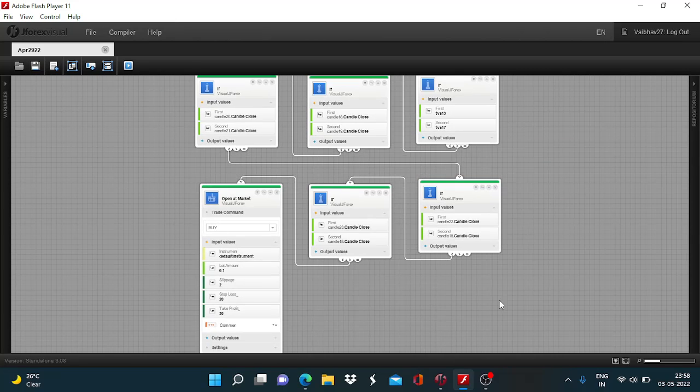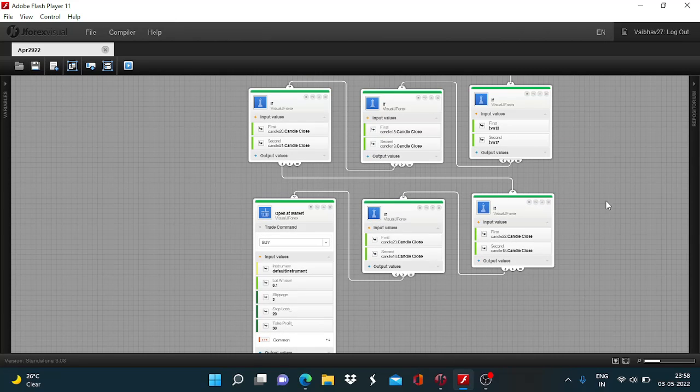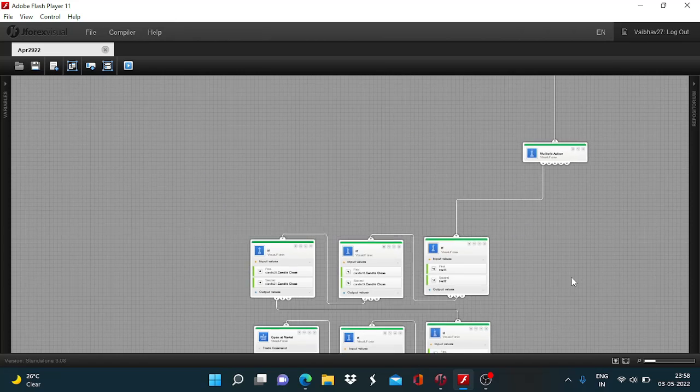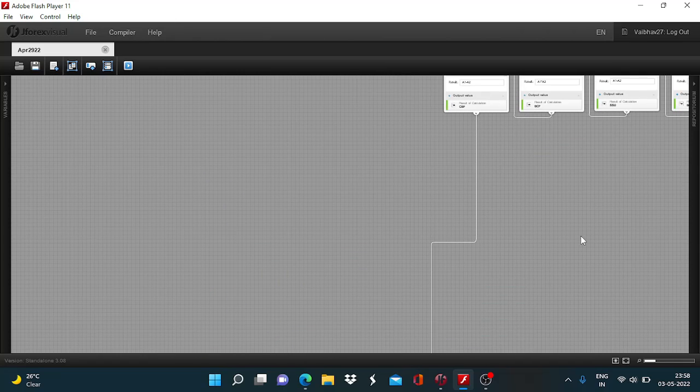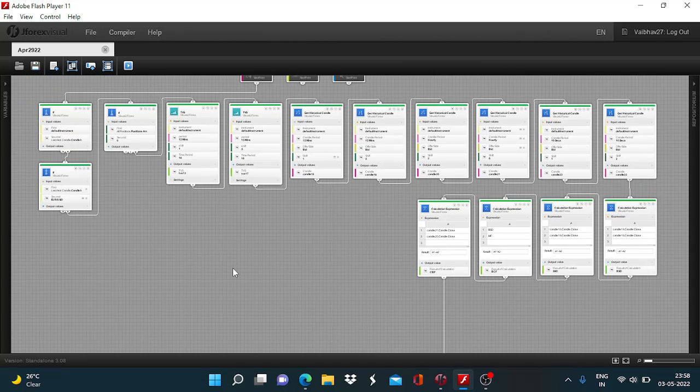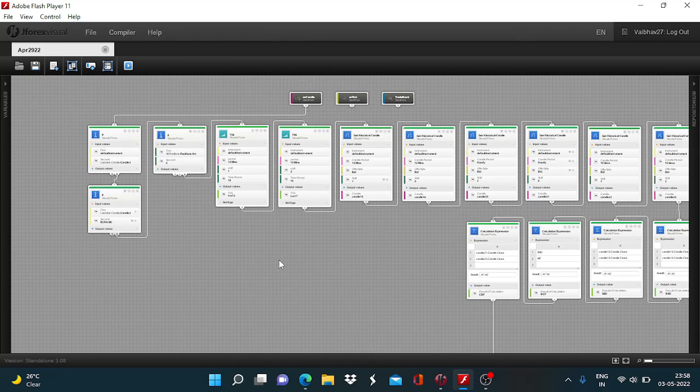So the logic has been fairly simple to understand and equally easy to execute. I hope you have been able to understand the logical as well as the execution part of this algorithm. And if you have any query or any idea to share, you can write back to me in the feedback